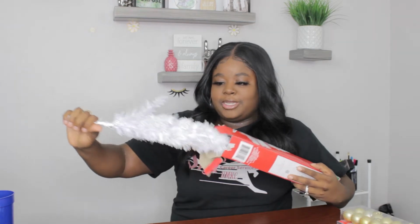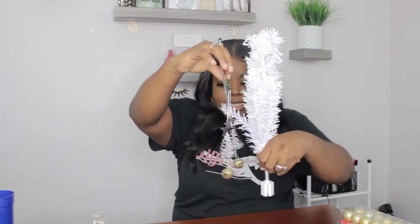Alright, so today guys, we have finally got to it. You've been with me shopping, you saw the stuff that I bought. Now it is time to actually put together this tree. I am excited. Look at this tree. It's so cute and it's mini. Oh my god, it's so cute. Okay, so we're about to put together this tree, and we're going to see what decorations go on it and what decorations don't go on it, because I did buy a whole bunch of decorations, but I'm looking at the tree and looking at this like,